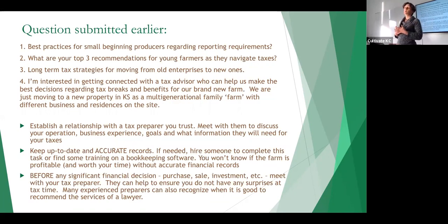So it is so much better to talk to your tax preparer ahead of time, be proactive. Even if they tell you, yeah, great, you've got it figured out, do what you're doing, it's good to know. Tax time is not a time to surprise